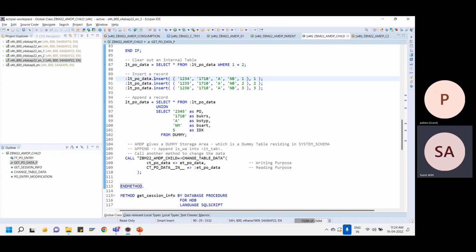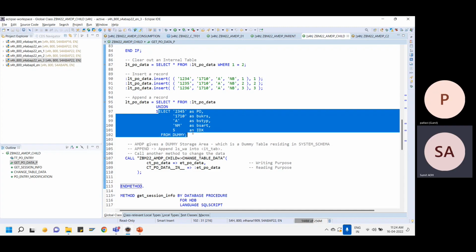When I want to insert, I can say some table name dot insert, the list of fields we have to provide, and then we can say the index of the record. So I can say 1, 2, 3. Likewise, at any point in time we want to insert, we can do that. If I say append, what I'm doing is appending the record at the very end. It means I am ensuring that my previous records are preserved, and then I am appending a new record on top of that. Okay. So we just selected the existing data, did the union, and then we inserted the new